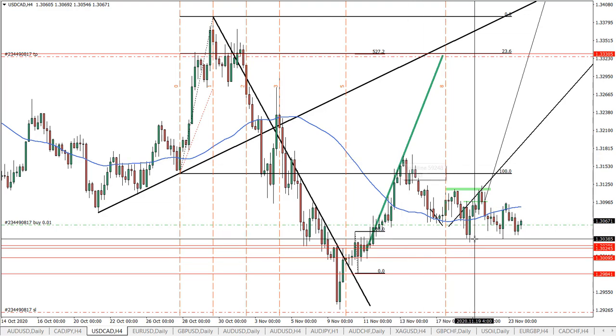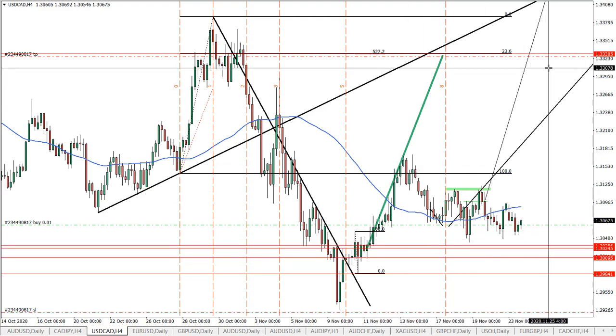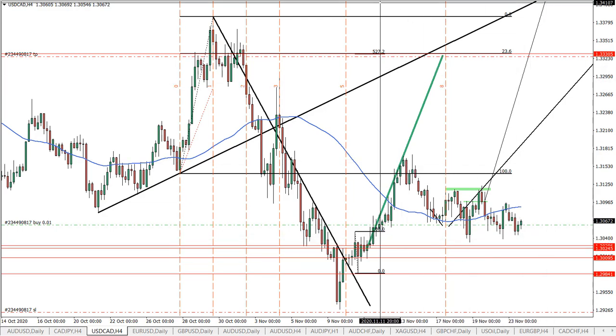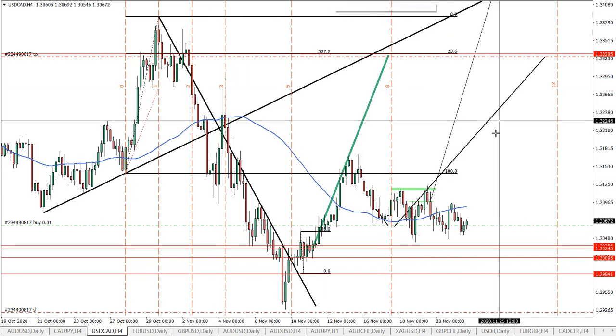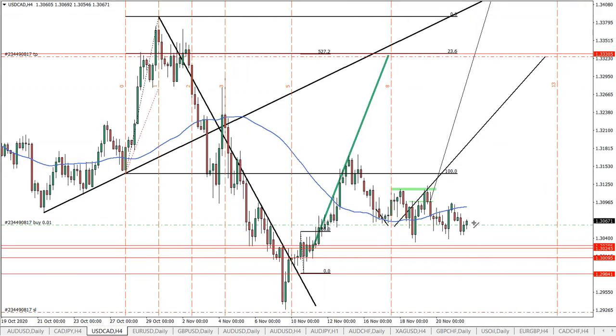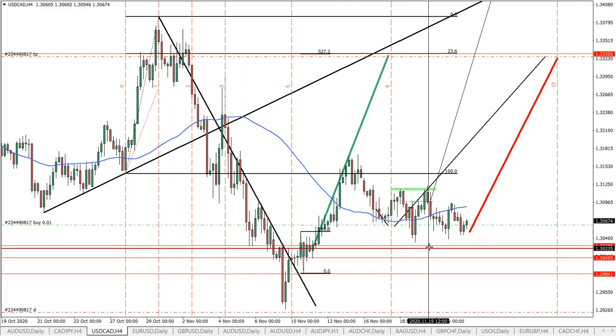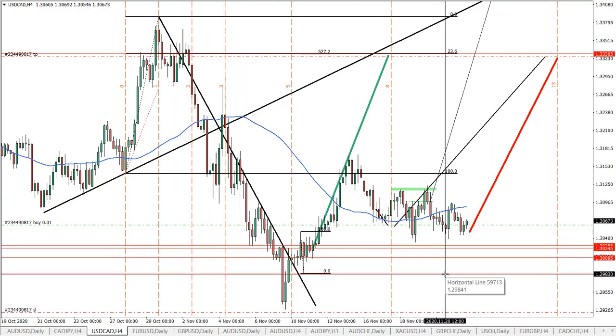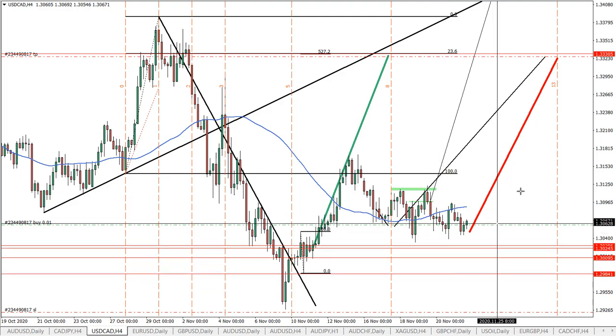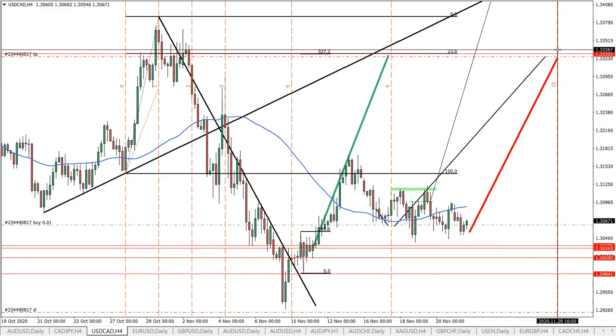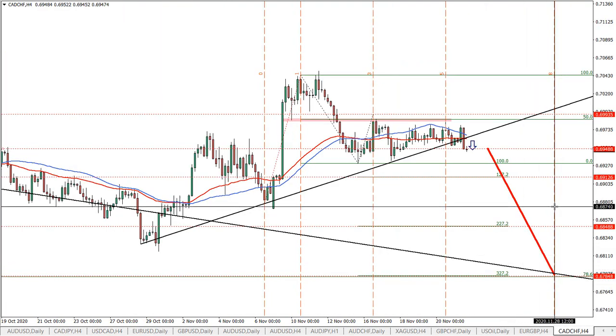Now this is the second wave, and the third wave, which is the biggest one, is on its way. So this is what I expect. This wave could be looking something like that. And as long as we hold these support levels that I have put on the chart previously, we should be moving up. And this is happening also on the 28th of November,